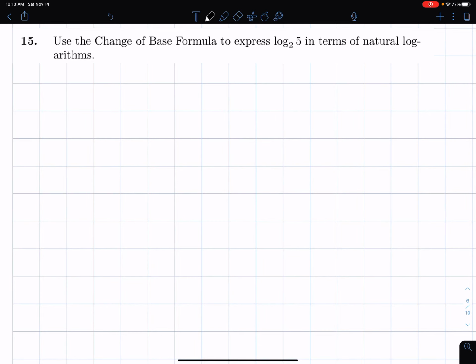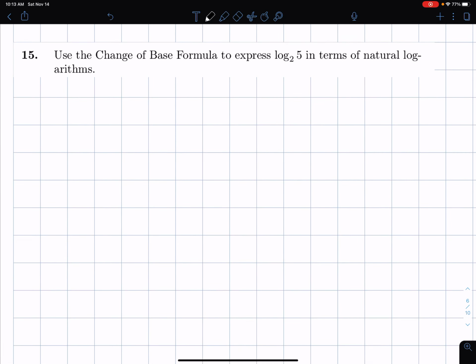Hello, what we're going to do in this video is change a logarithm that's base 2 and change that into an expression of logarithms that are the natural log. So there's a couple things I want to go over. So first of all, the natural logarithm